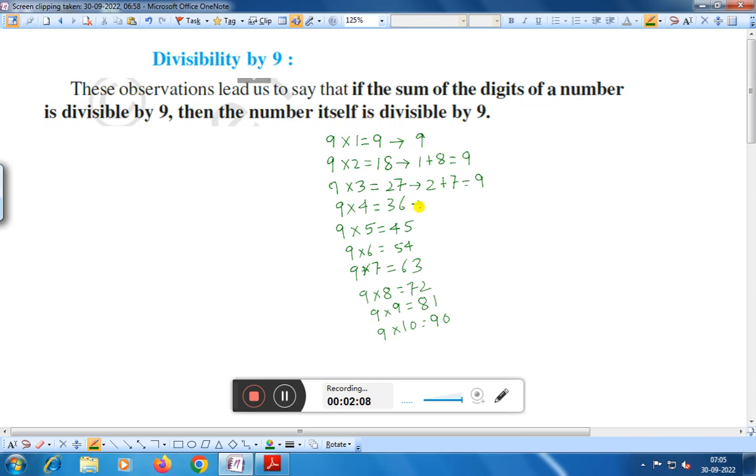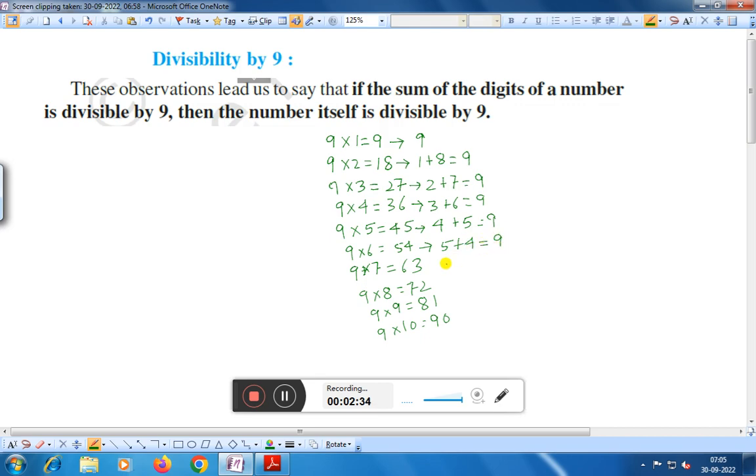Here 36, that is 3 plus 6, we are getting 9, right? After that, 4 plus 5, that also gives us 9,